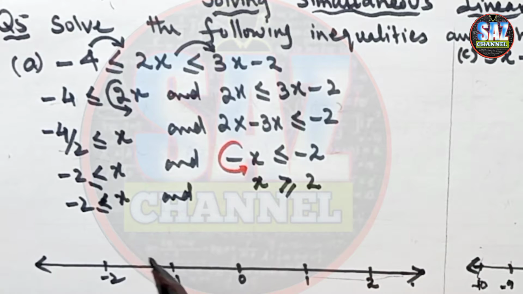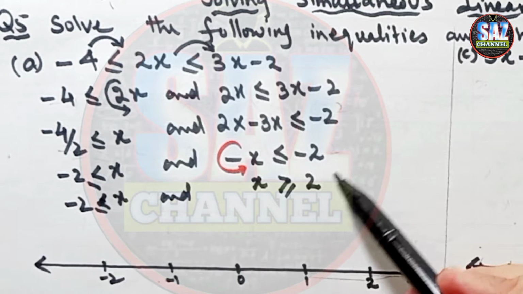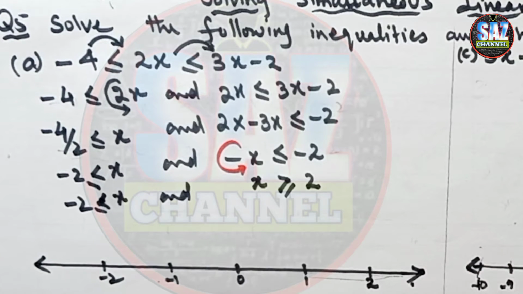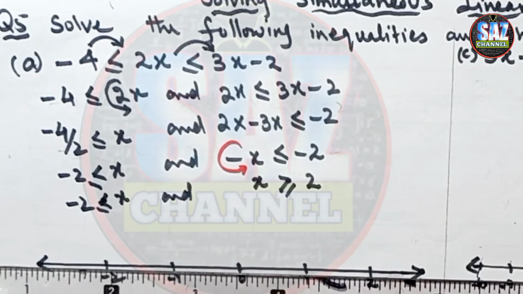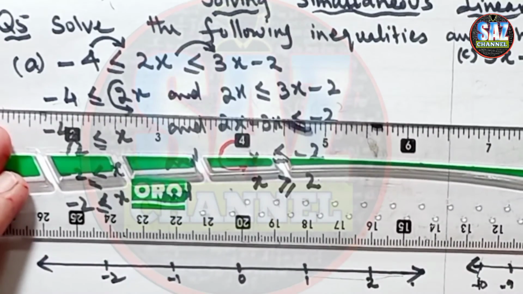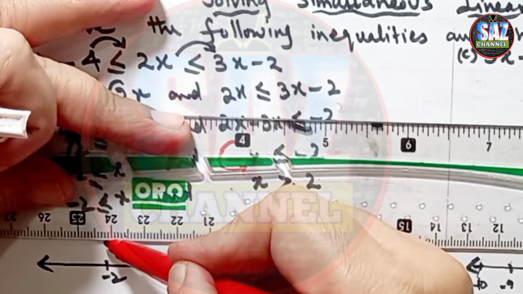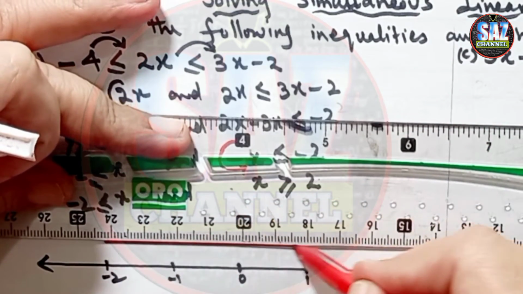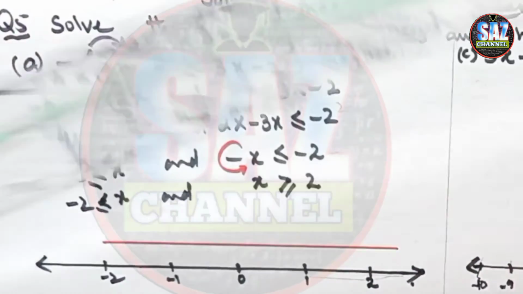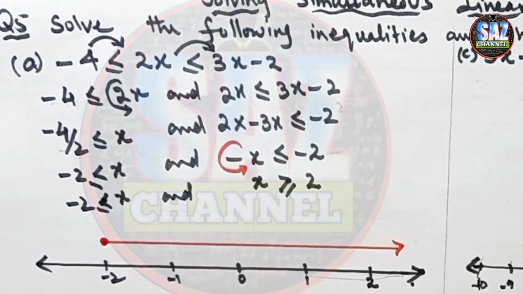So we are getting two solutions: x is greater than equal to minus 2 and x is greater than equal to positive 2. So I have to mark the solution on the number line. One of the solutions is starting from minus 2, and I need the values of x which are greater than and equal to. I'll start my solution from minus 2 and I'll move towards the larger values. So my solution on the number line will start from this point.